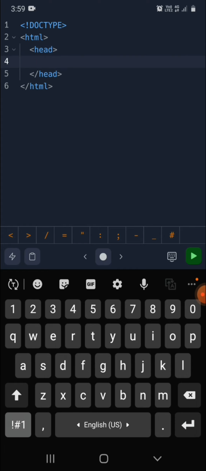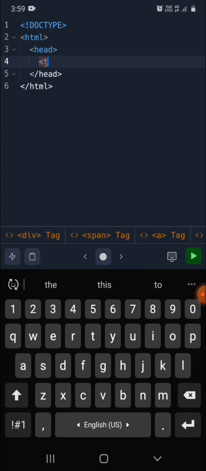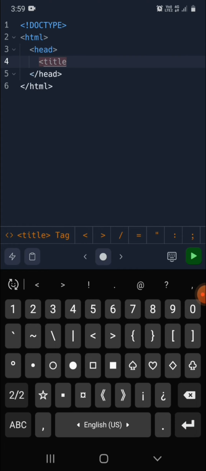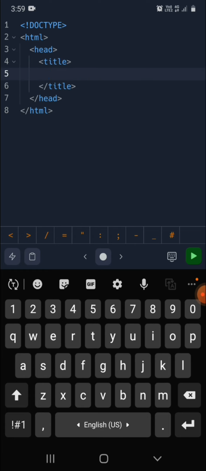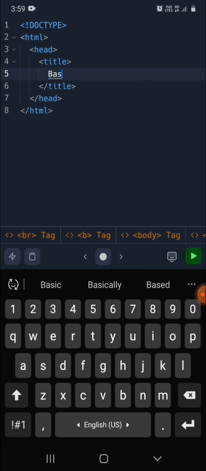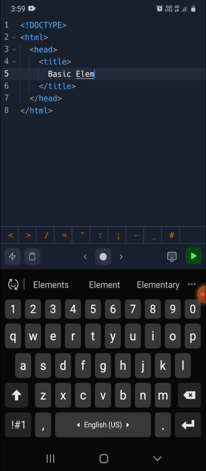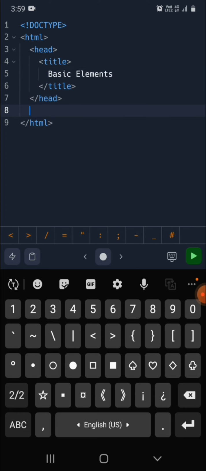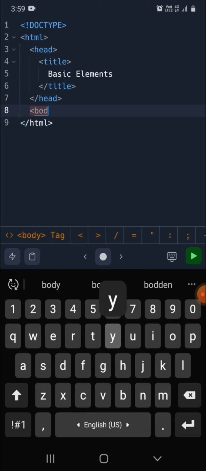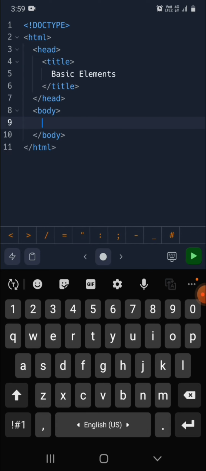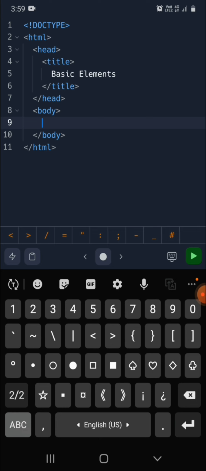Inside head we will give title, and we will give the title as basic elements. Now after head we will give the body tag, and inside body we will write first of all h1,